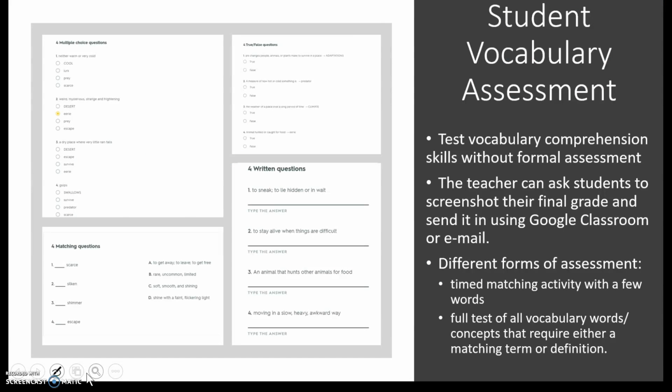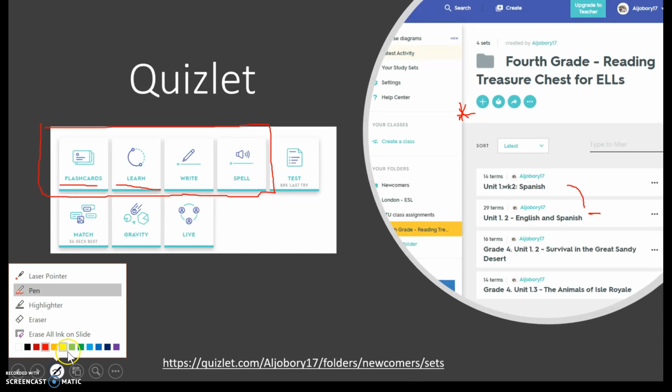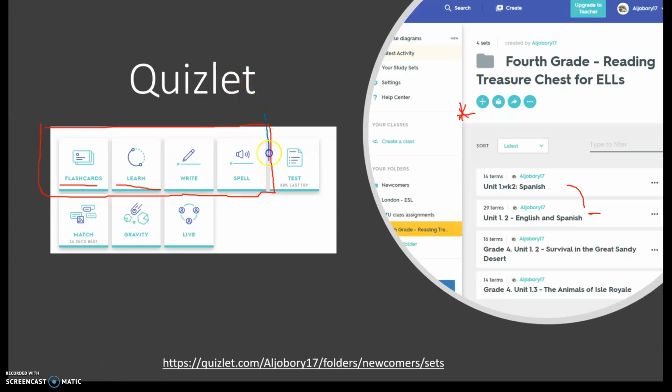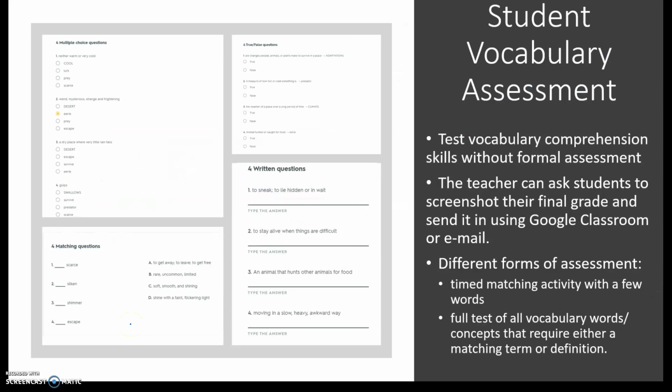Now, you'll have noticed on this last screen that there were other options available. You've got the test mode and you've got match. These I've looked at as ways the teacher is able to assess the student's knowledge and vocabulary comprehension. The student can either set it up as the match competition, where the students are head-to-head competing to see how quickly they can match the terms to the definitions, or she can give them a formal assessment